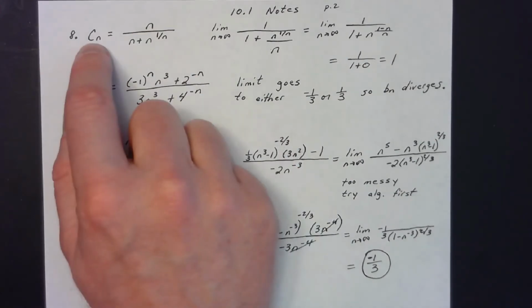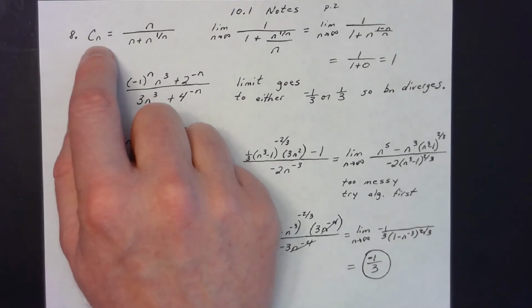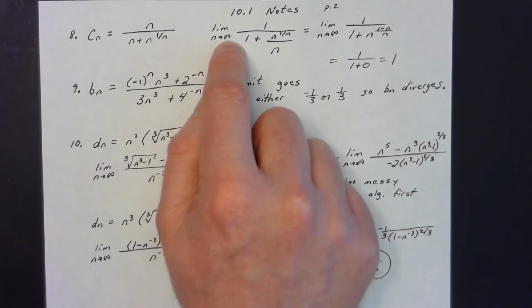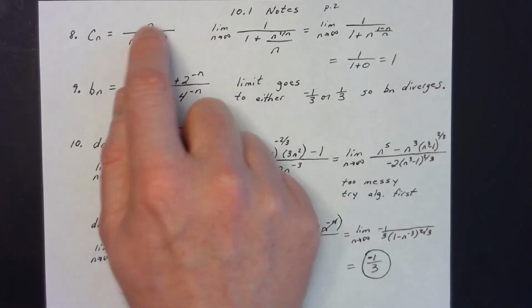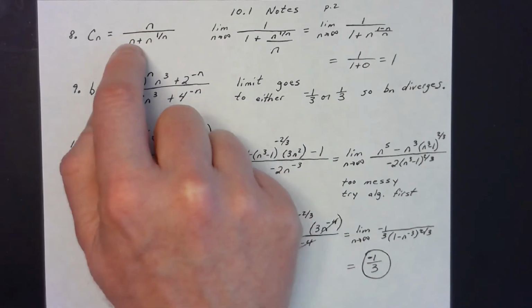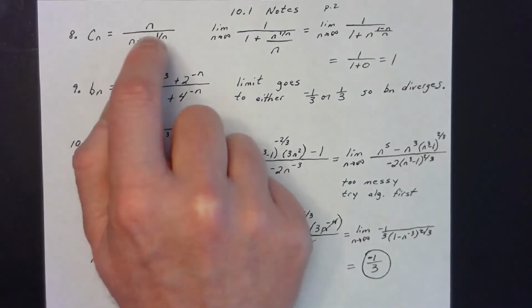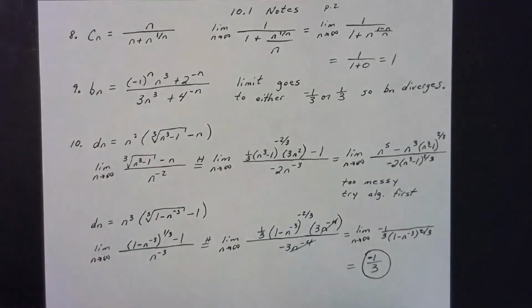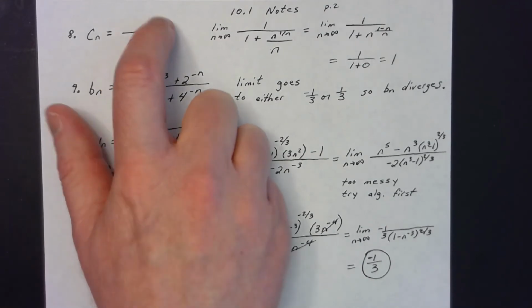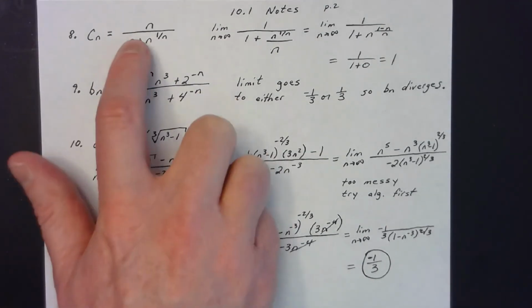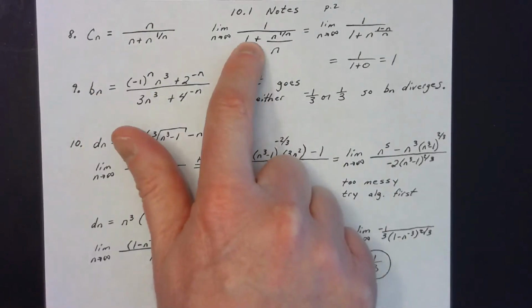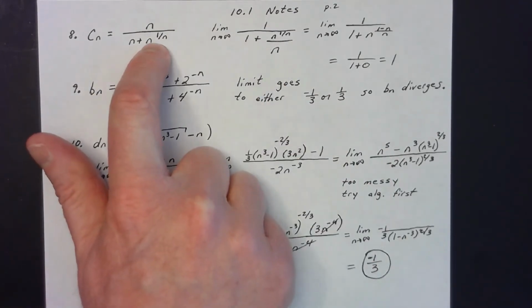So in order to determine whether this sequence c sub n converges or diverges, I need to think about what happens as n approaches infinity. What I've done to help me think about that is divide by n, since the degree of n in the denominator is the first power. I've divided every term in the expression by n to the first. n over n gives me a 1. n over n gives me a 1. Had to divide this term by n as well.